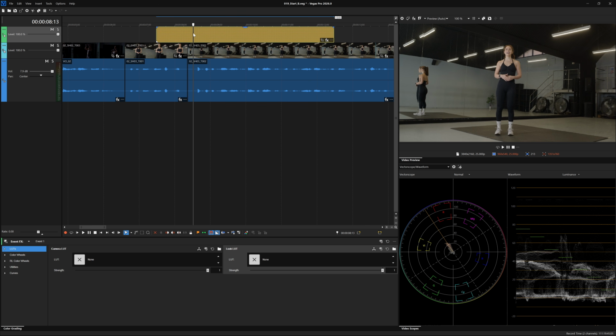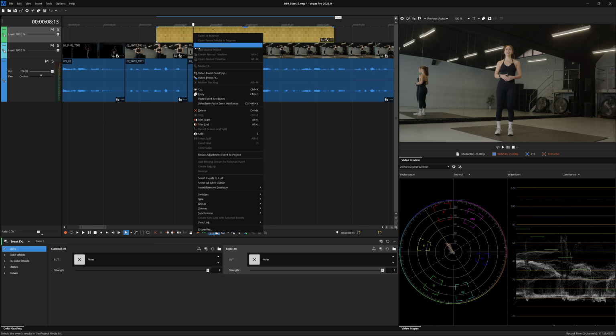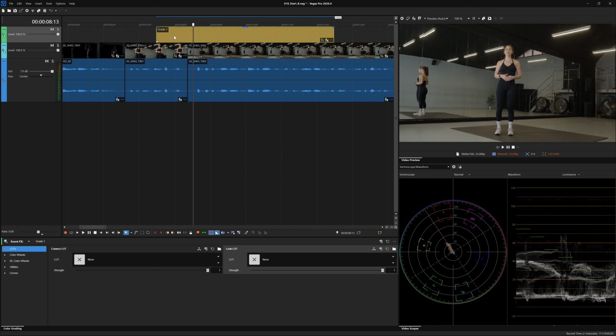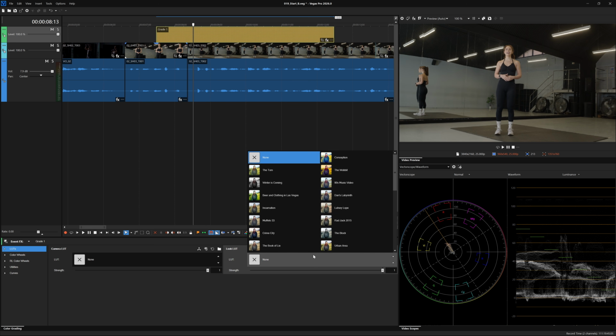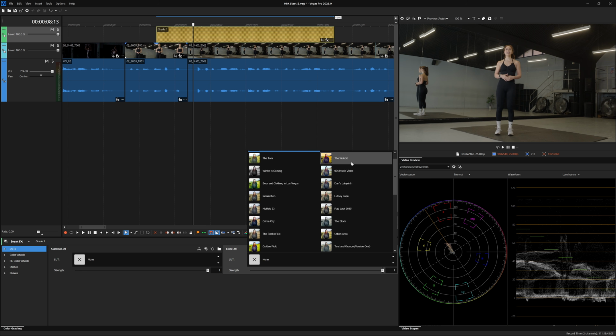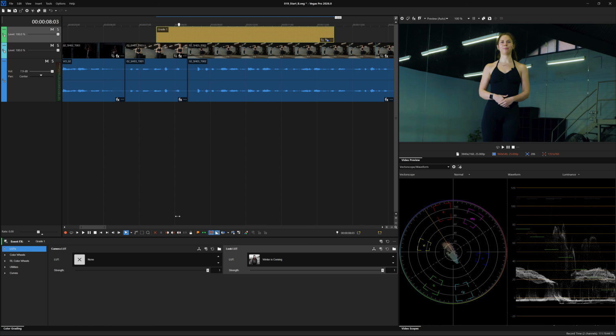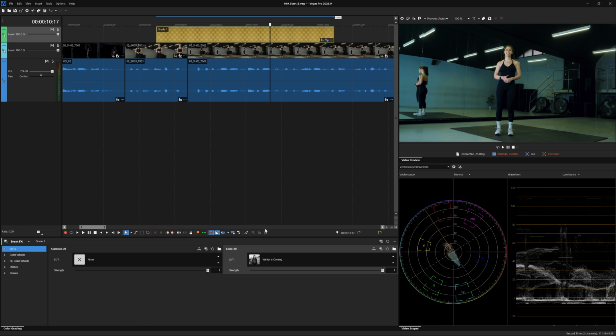The next step is totally optional. Right-click on the adjustment event and call up its properties. Let's call this Grade 1. The name appears on the adjustment event. Naming is optional, but it helps you identify the selected event in the grading tools. You can grade the footage using any of the color tools, but we'll apply another look LUT to keep things moving forward. Scrolling the timeline cursor, any events under the adjustment event have the color grade.